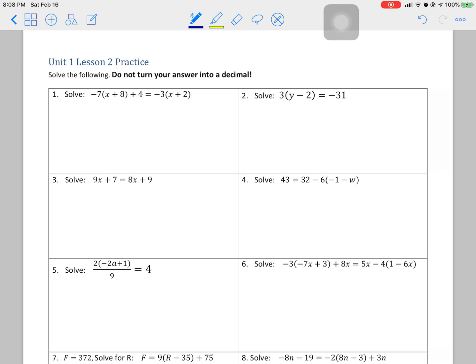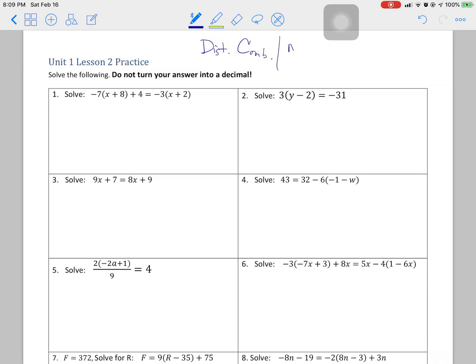All right, Unit 1, Lesson 2 practice. Got some serious looking equations on this one. So we're going to follow all our rules. We're going to distribute first, then we're going to combine like terms,